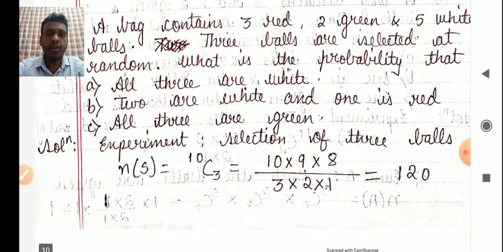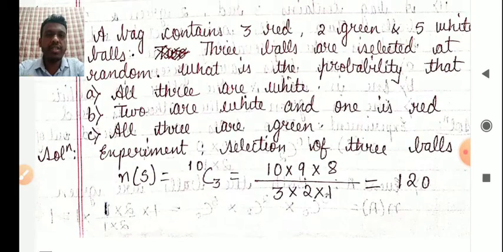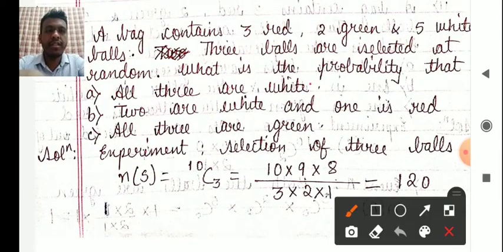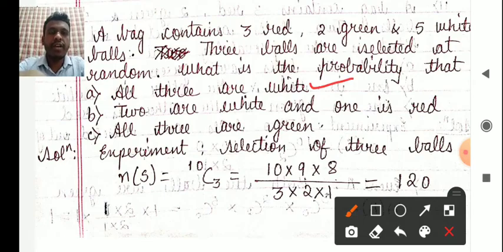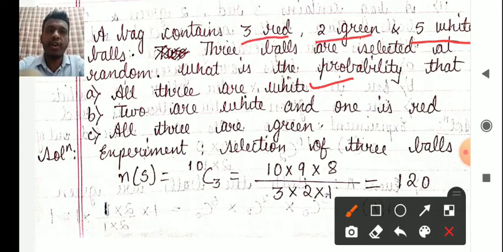Now once you have found that 120 using a calculator, the first event is all 3 are white. How many white balls are there? 5. Out of 5, all 3 are white. That means how many red are we selecting? 0. And how many green are we selecting? 0. So this becomes